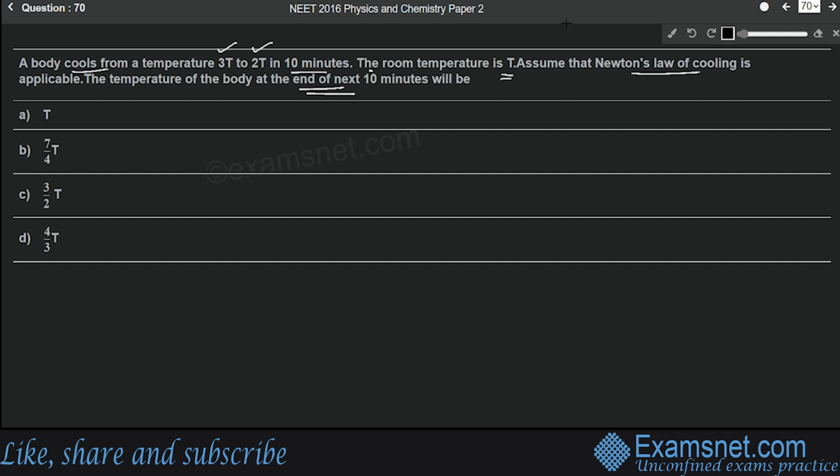Okay, so we know that according to Newton's law of cooling, temperature change, that means T1 minus T2 upon the time taken, will be equal to K, that is a constant, into average temperature minus room temperature T. Okay, so we'll use this formula here. Now we have two situations. In the first situation, that means in the first 10 minutes,